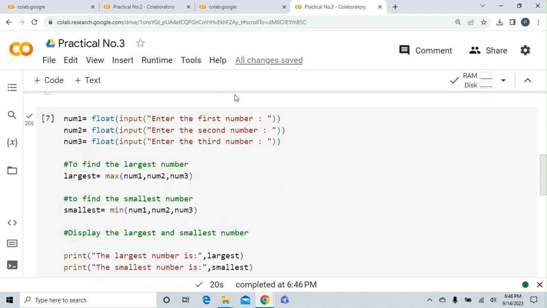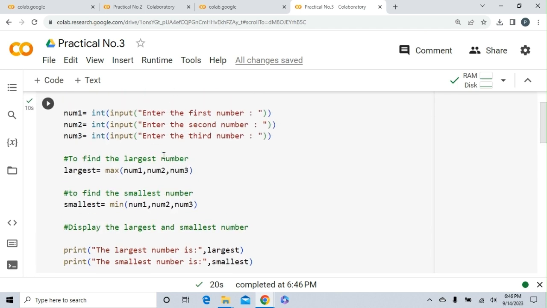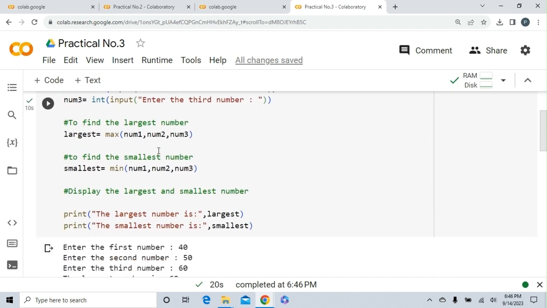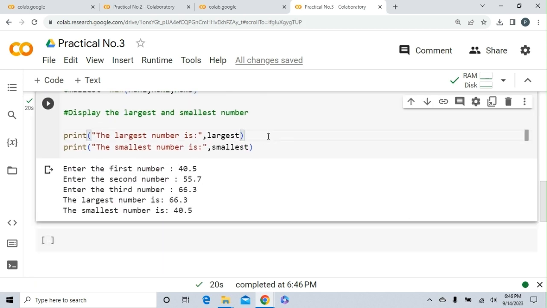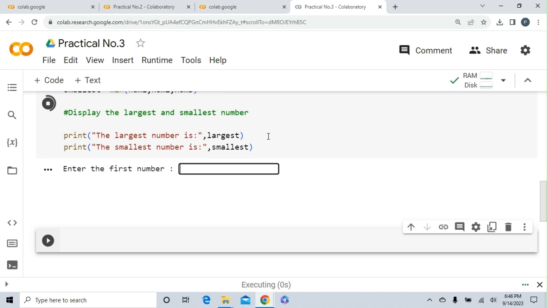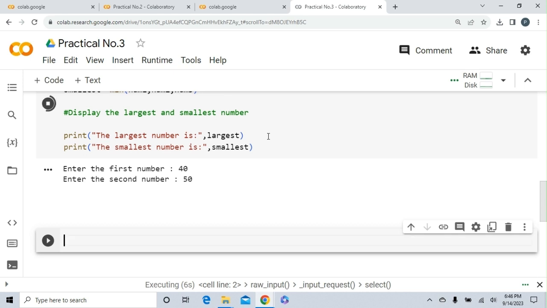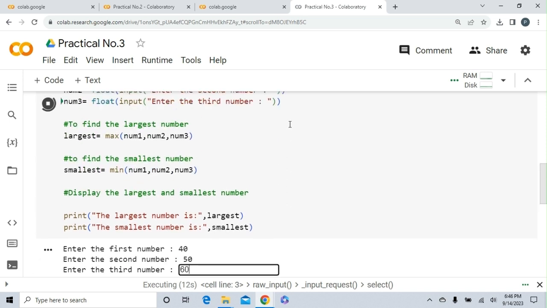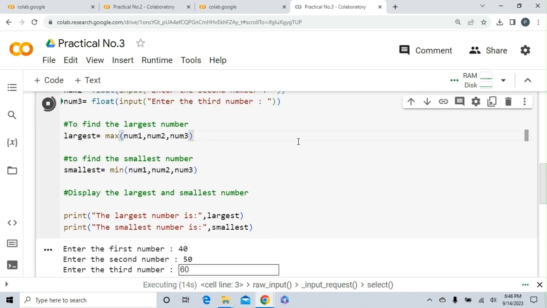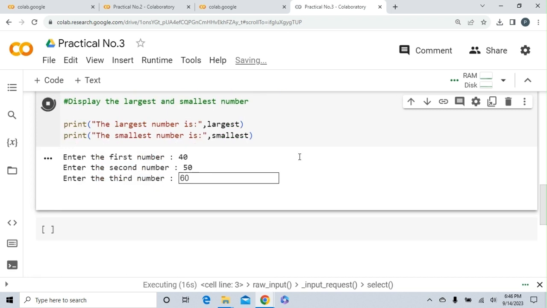And just remember, in float method you can use integer also, but in integer you cannot use the float. Okay. So if I suppose re-execute this program, and if I write this number like 40, it is an integer value, 50, and again 60. Since it is an integer value and I'm putting it here in float, okay. But if I press enter,